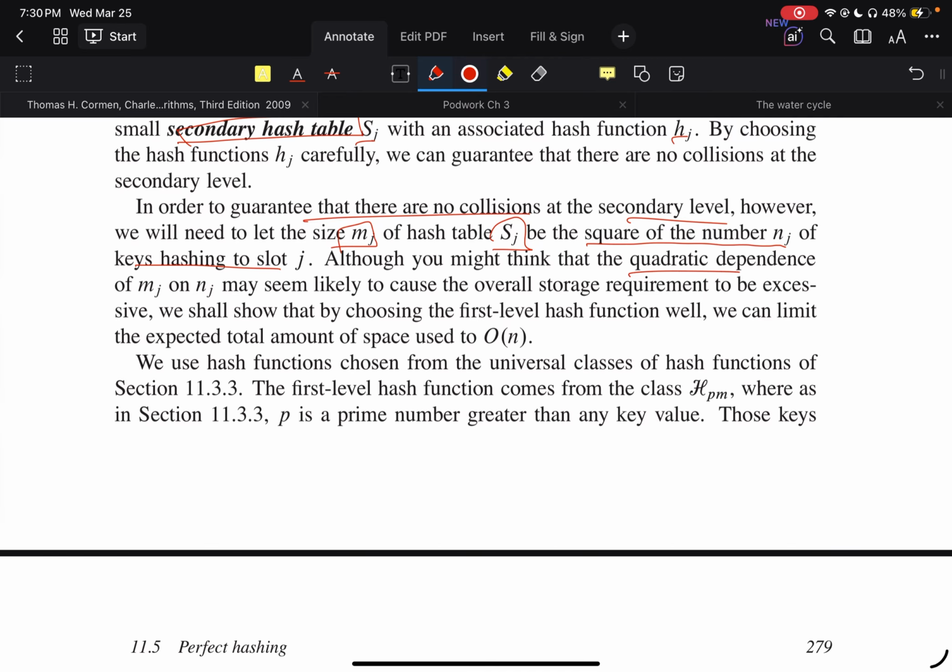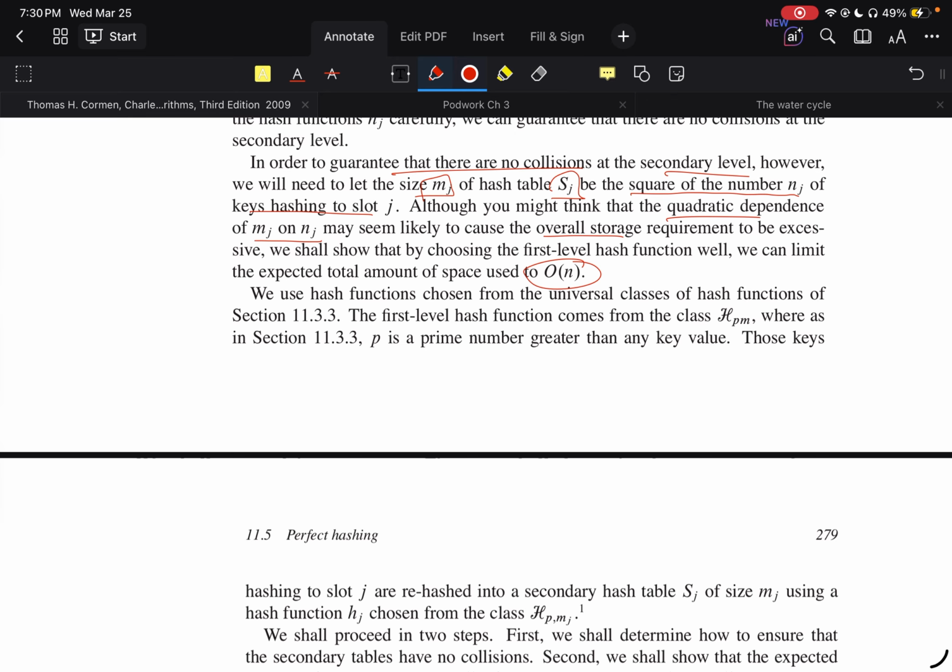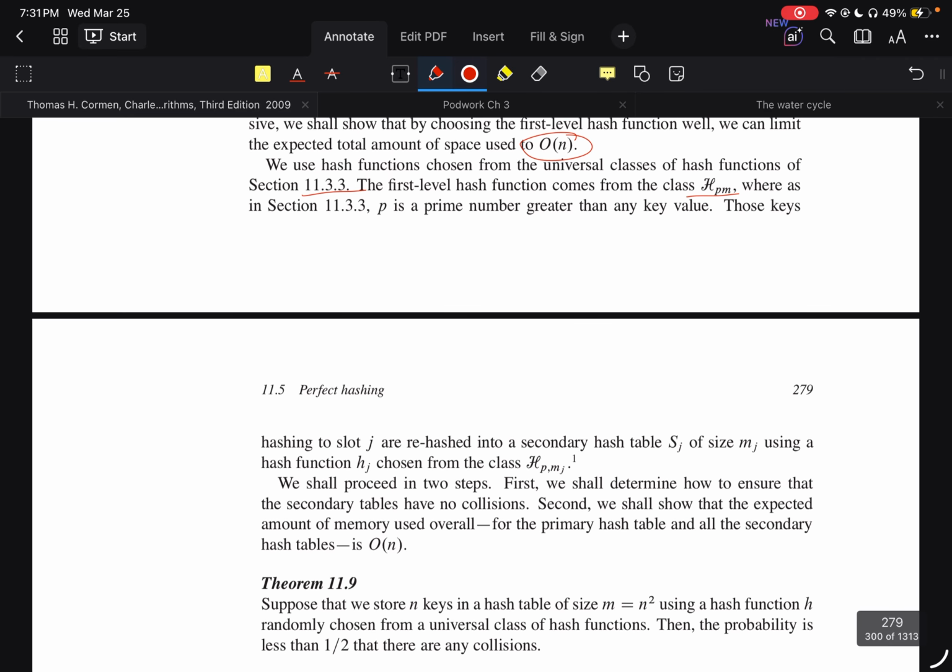Although you might think that the quadratic dependence of mj on nj may seem likely to cause overall storage requirements to be excessive, we shall show that by choosing the first level hash function well, we can limit the total space used to O of n. By doing this, we use hash functions chosen from the universal class of section 11.3, which is the first level hash function, which comes from the class H sub p,m. In section 11.3, p is a prime number greater than any key value. Those keys hashed into slot j are rehashed into a second